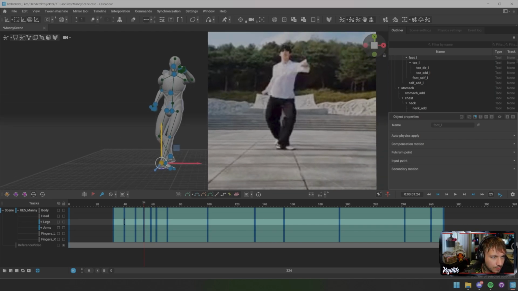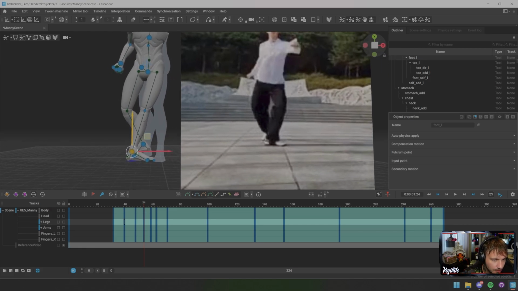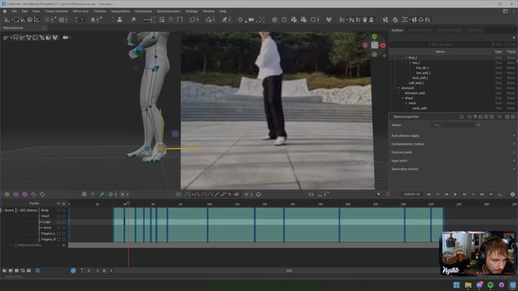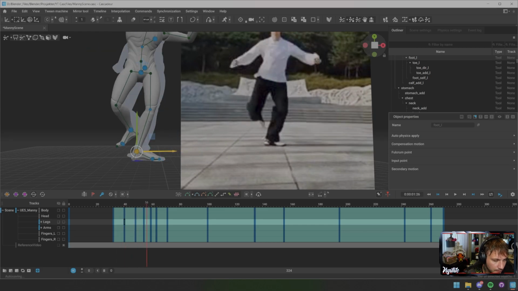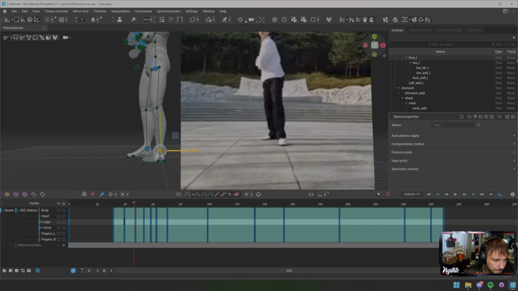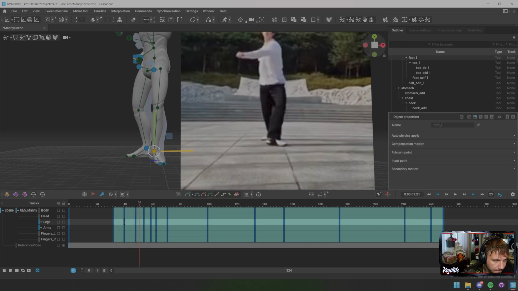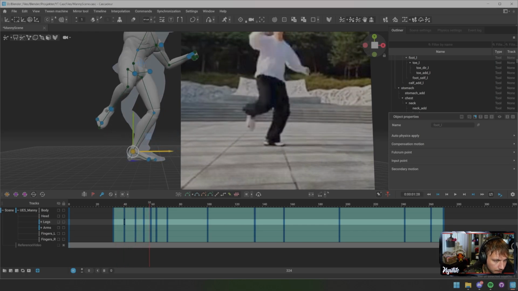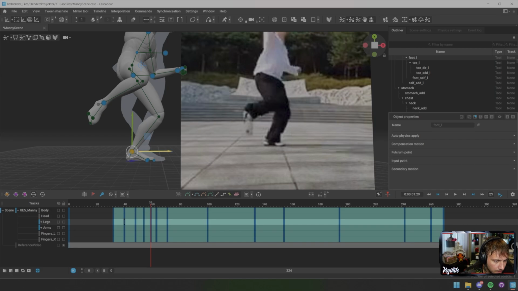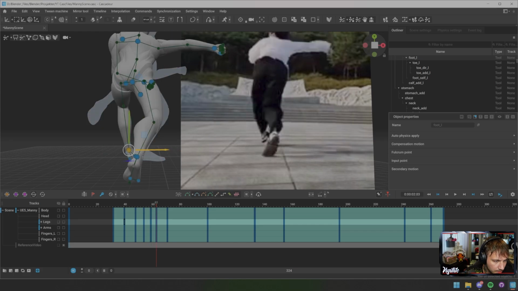So what we're going to do is turn on shadow, and this key would then show the last frame that is framed. So something like this. This one is correct. I don't know what happened here, but